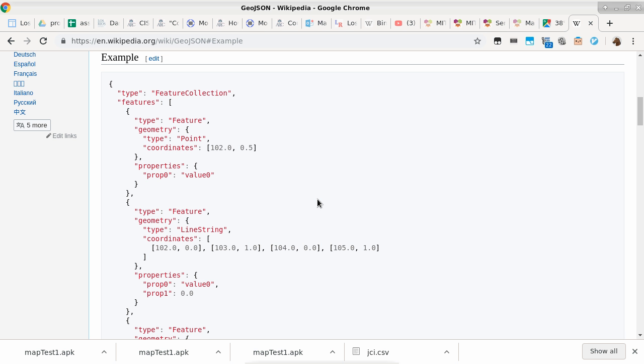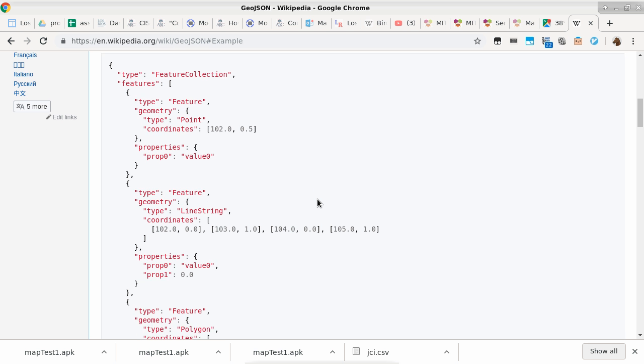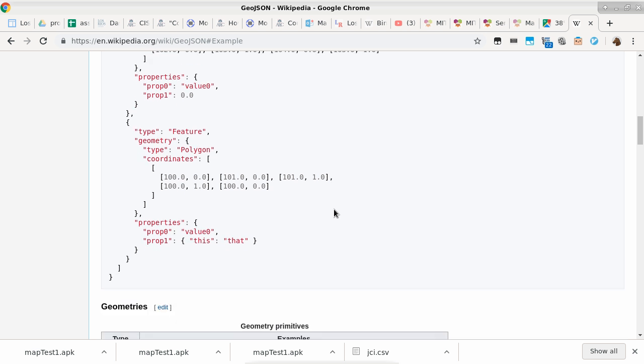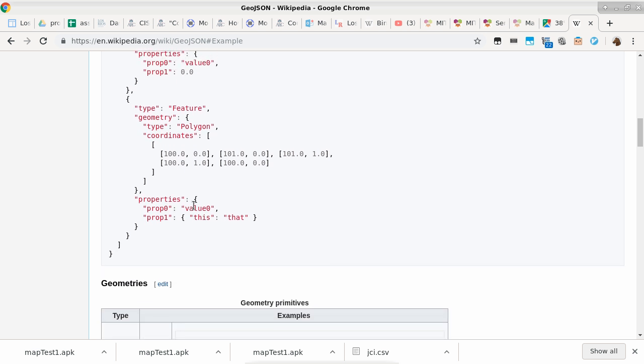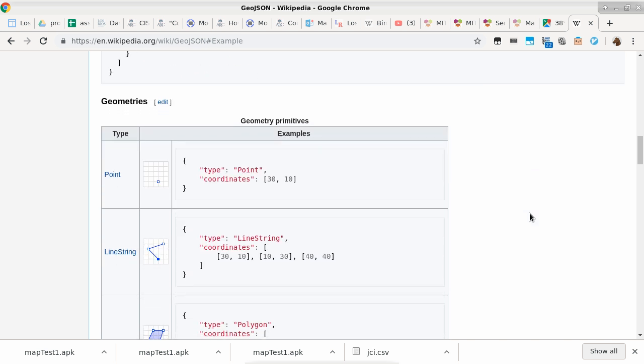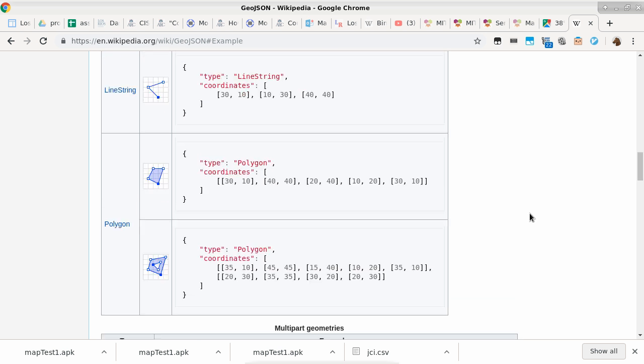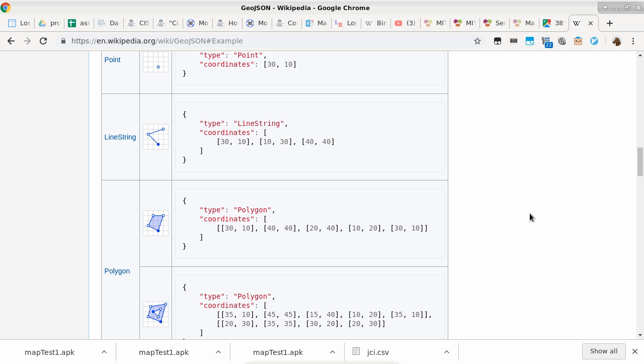Let's see, what other features do we have? Polygon, which map can do. And then we have, this is not a feature. So the feature types: you can have point, line string, polygon, and all of these map can handle. So I think what you need to do is to design your own Dungeon Master map using polygons,